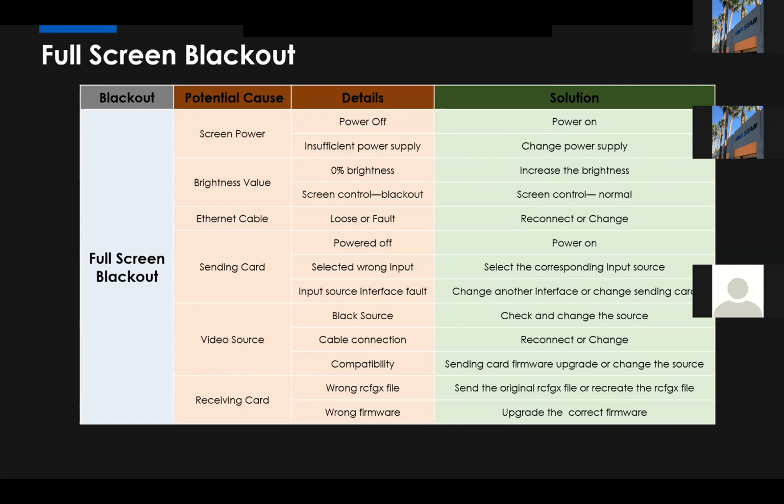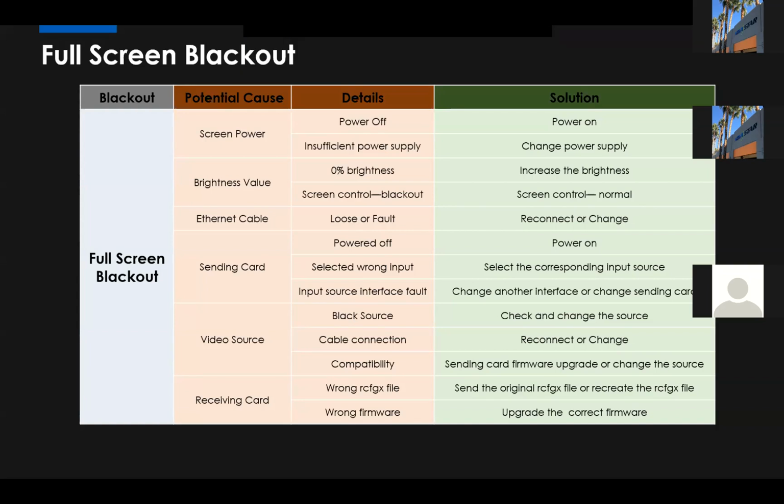There are two possibilities. The brightness of the display may be 0, so we can use the LCT software or the front panel to increase the brightness to a higher value and check if it is okay.